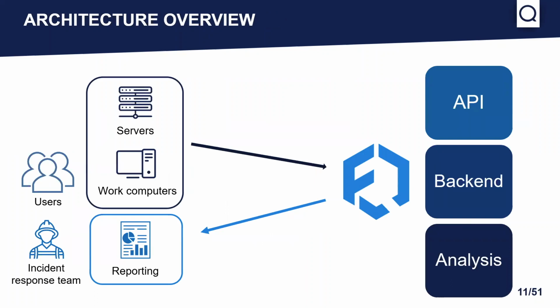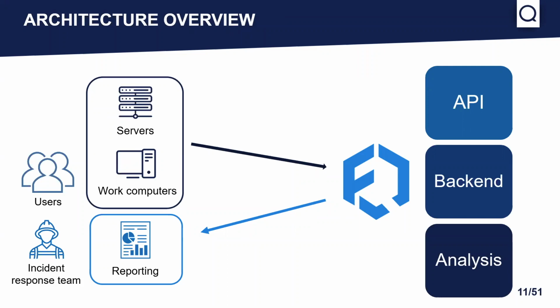The first thing is that Quarks Flow is still a server-based solution to analyze files, mainly composed of three big parts: the API, the backend, and the analysis. The API will be the entry point for all the outside world that will deal with file submission. The backend will take care of storing the file and handling results in the database. And the analysis will be the part that will deal with all the third-party tools integrated into Quarks Flow. And we will see that in more detail after that.